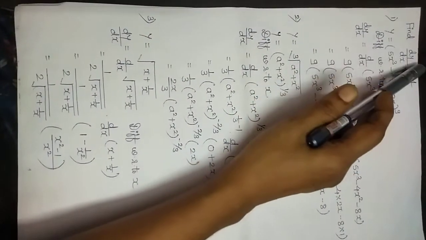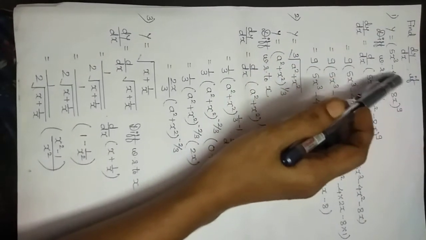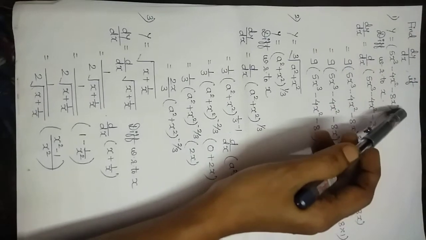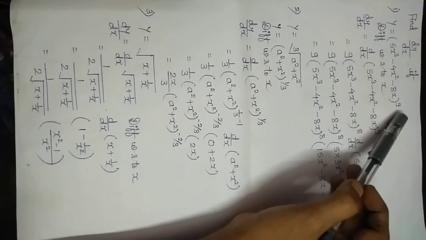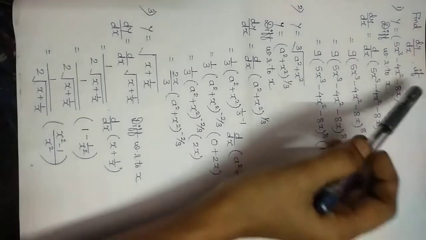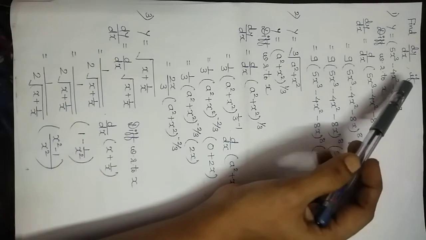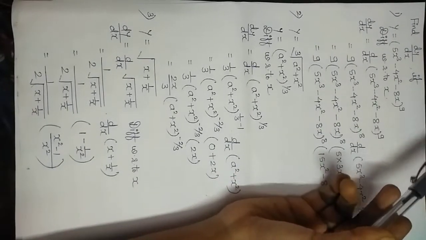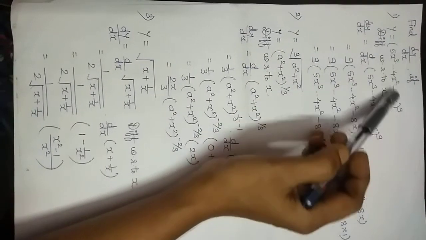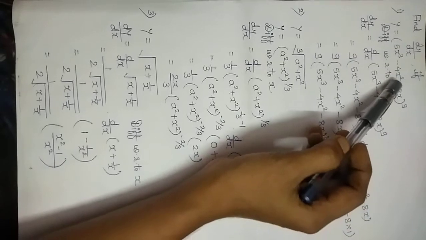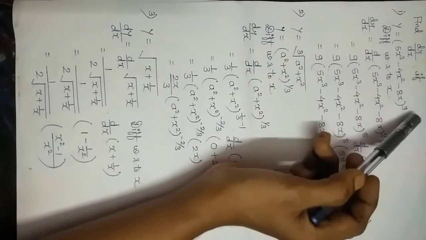So first, find dy by dx if y is equal to (5x cube minus 4x square minus 8x) the bracket raised to 9. Here first you will observe the given question carefully and decide which term you are going to consider as x, or u. You can call this u or x. This entire term given in the bracket we will consider as x. So now our function will be y is equal to x raised to 9.